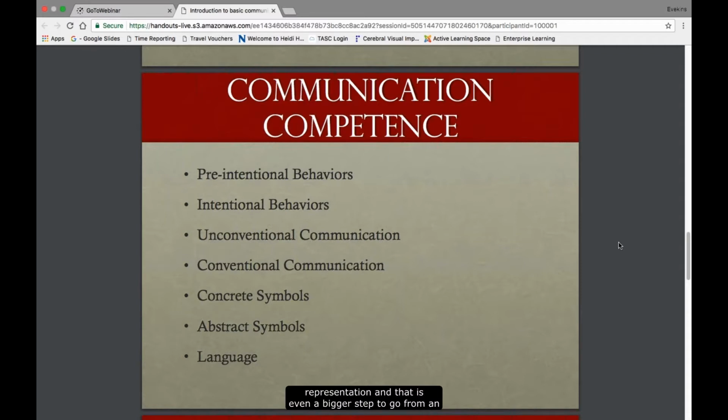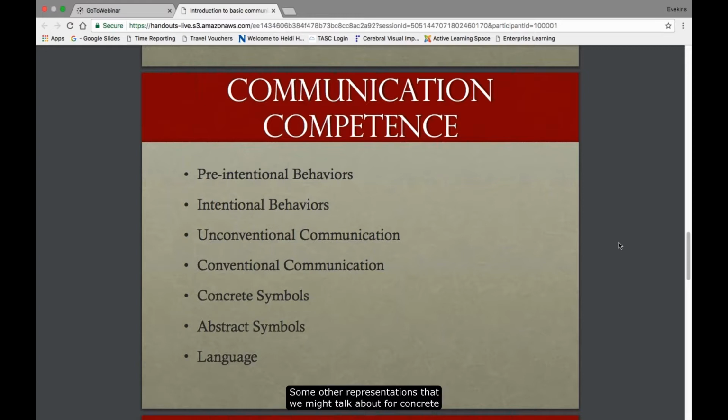And then it's an even bigger step to go from an actual object to symbol recognition, which is like APPLE. When you see those letters APPLE or the sign for apple or Braille for apple, it doesn't look anything at all like an apple. There's nothing about that that looks like an apple. So when we get to those symbols, it's really important to start with those whole objects before we start moving into the more abstract symbols, because the representation is a big leap for some kids.